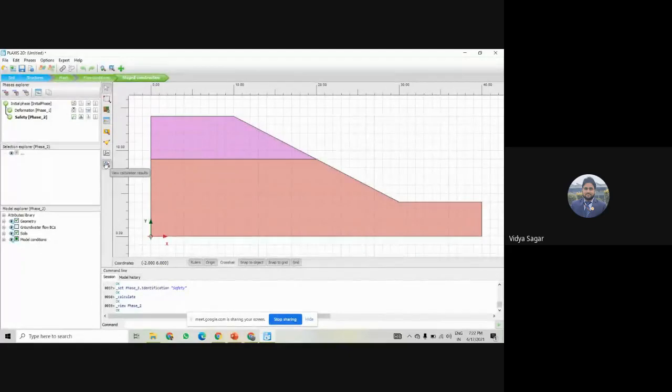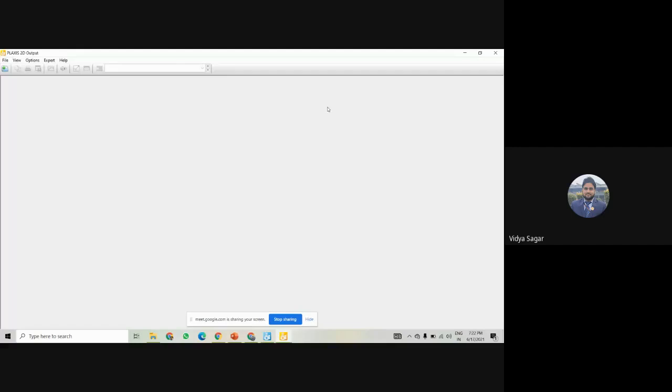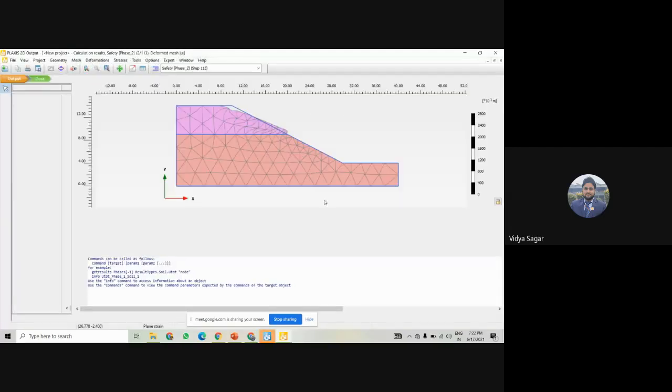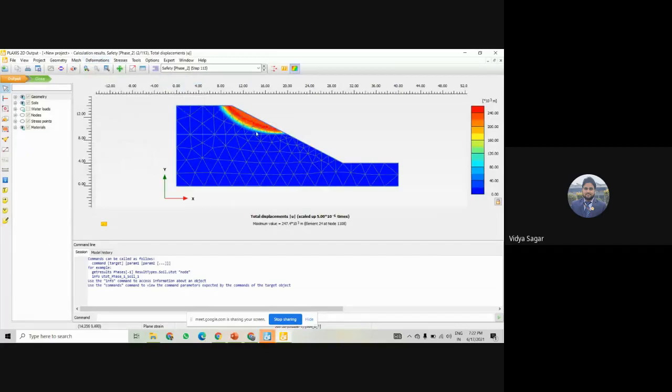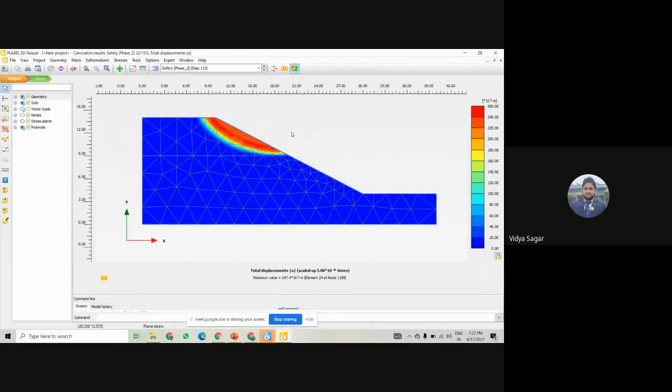In this case, if you want to take a snapshot of this model, how can you take that, because it is not visible here? Here it is not showing any factor of safety, so you need to write something in this.